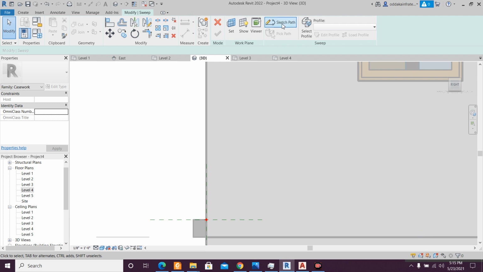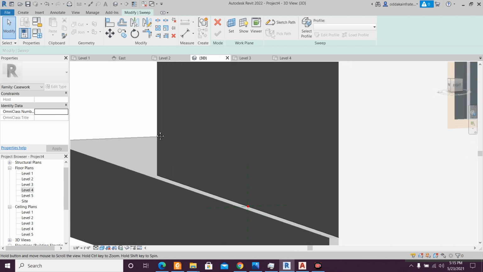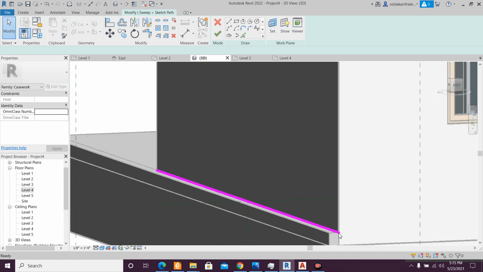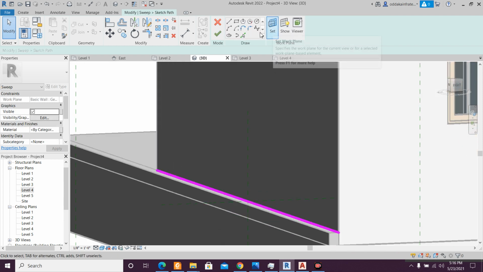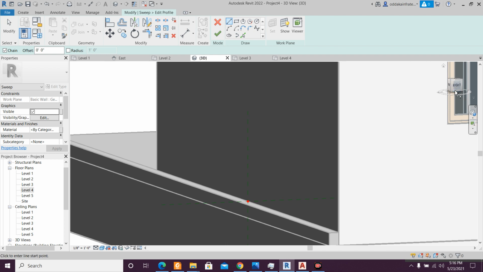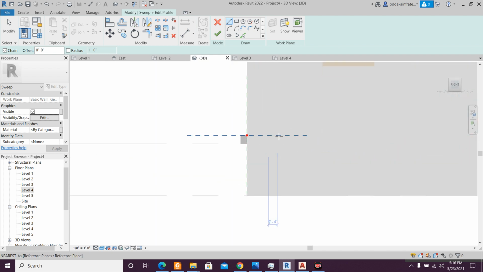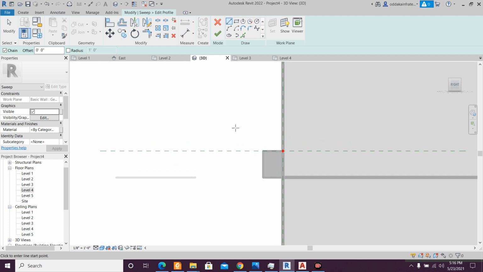So first of all I want to pick the path. So sketch the path here, sketch path, this is done, and then select profile, edit profile, and then I'll just edit the profile from right once again. So let's try this time to do it properly, and like this I'm going up to this much,